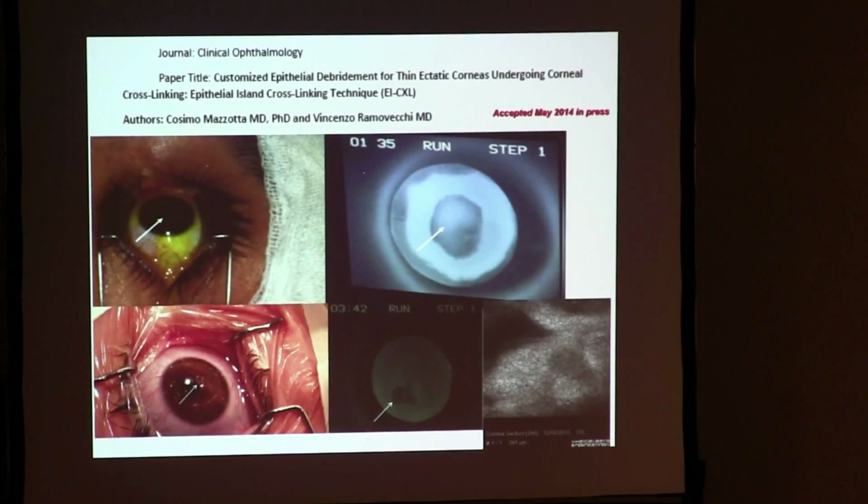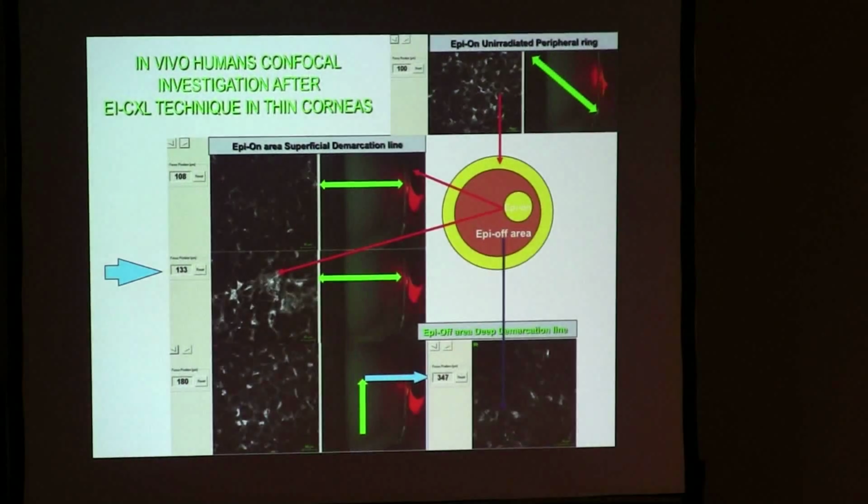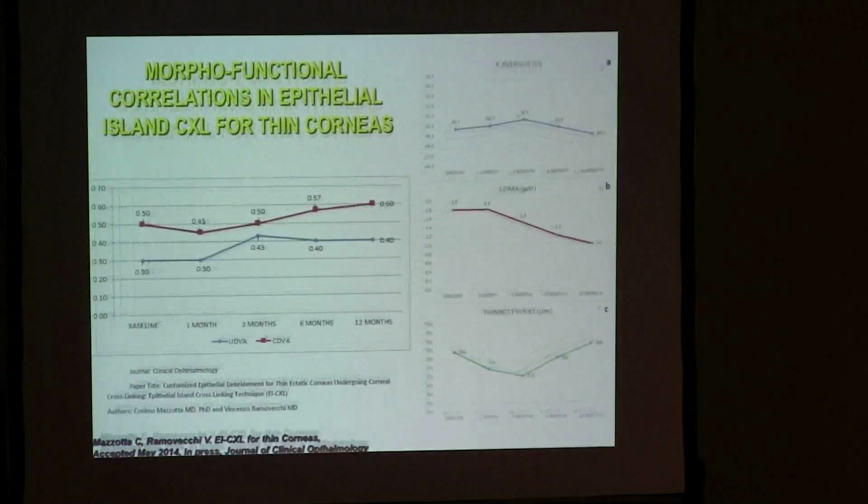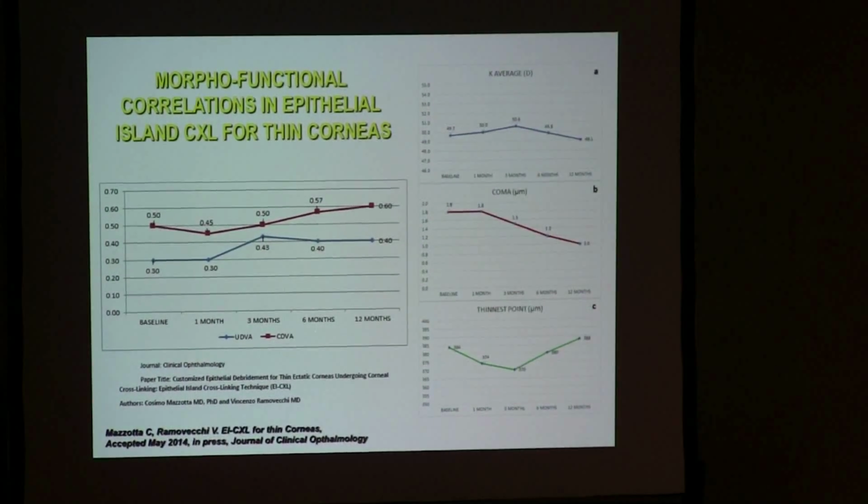And we have accepted this work, and definitely things go well with the old technique. And this is another arrow that you have in your quiver. We have also a good morphofunctional correlation with this technique,